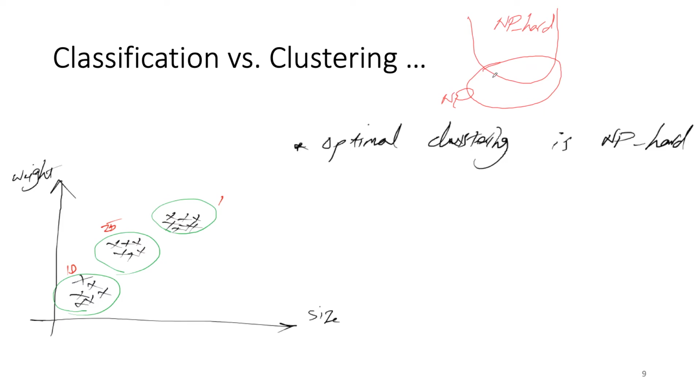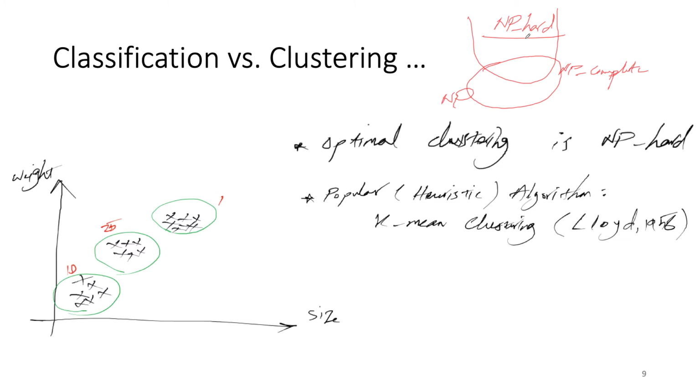So yeah, and you would have NP-complete here, but NP-hard is considered the hardest complexity within the NP classes. So you see that for NP, the optimal clustering is a computationally intensive task to do. So instead, we can use some heuristics. And the most well-known heuristic